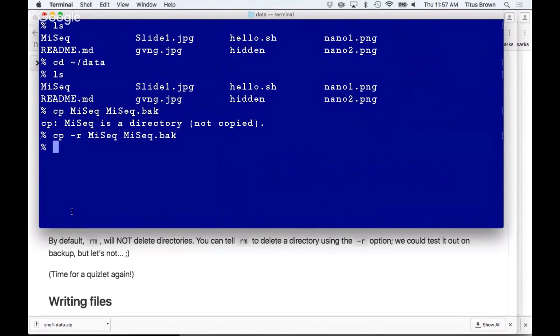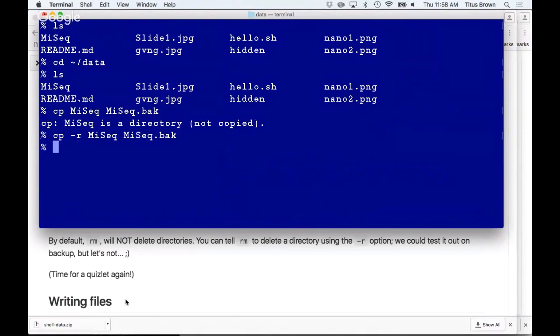Generally, the default behavior of Unix will not be to create a lot of new files. Is this true? I don't know. The default behavior of copy is not to create a lot of new files, so you have to tell it explicitly that you want it to create a bunch of new files. I was going to say generally Unix doesn't let you do things on a large scale, but you can delete as many files as you want. Okay, so this is